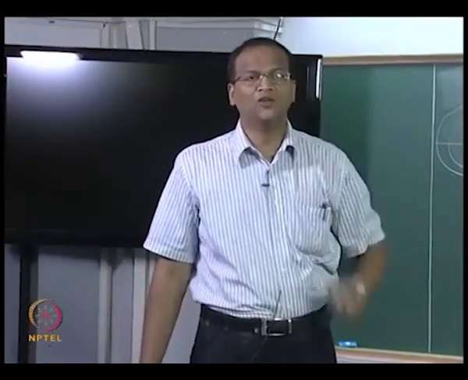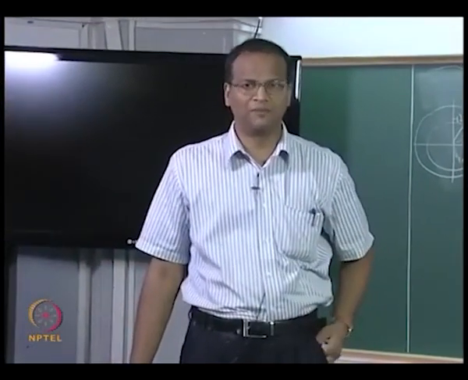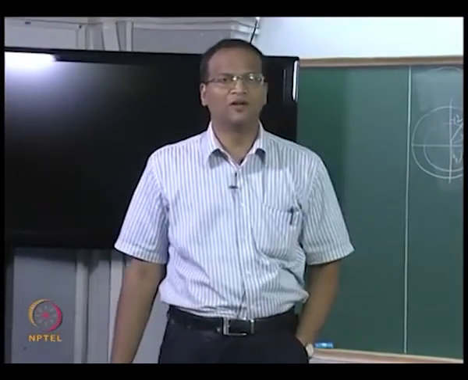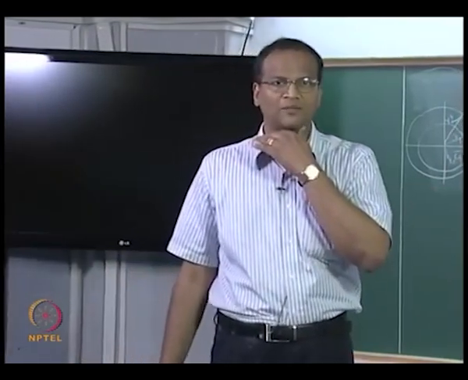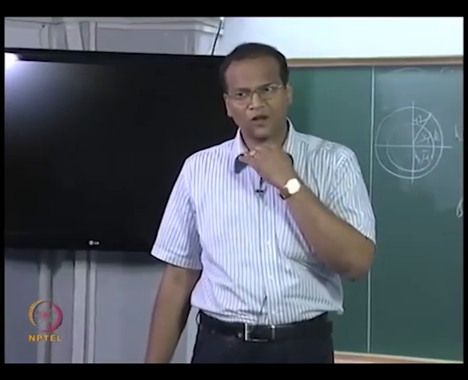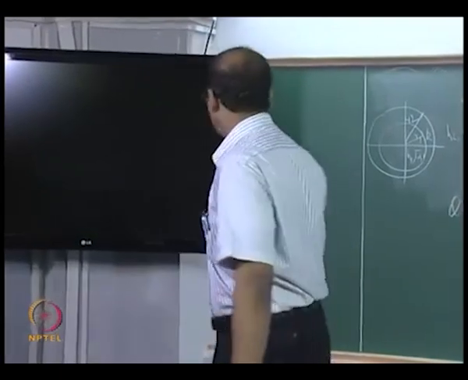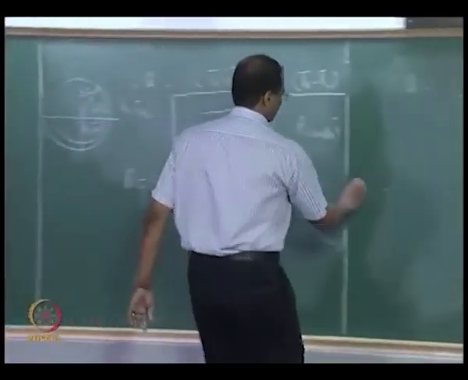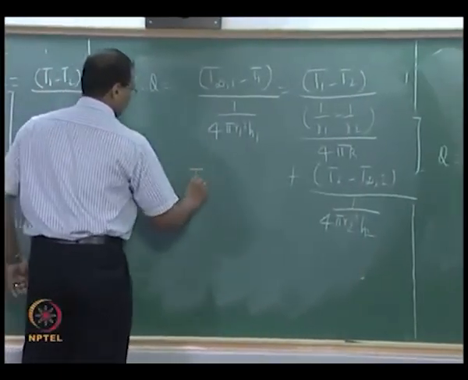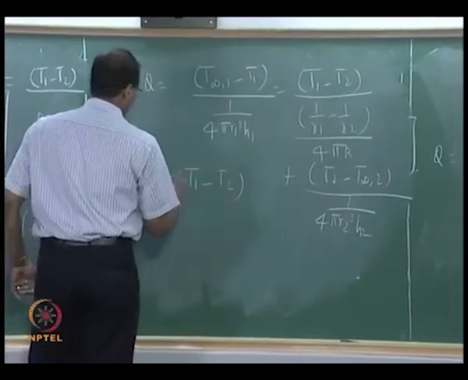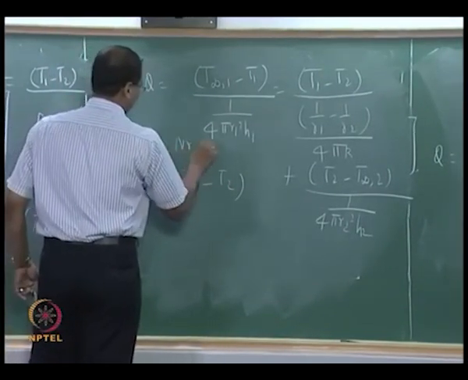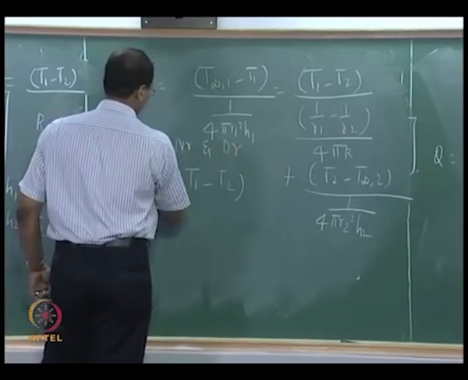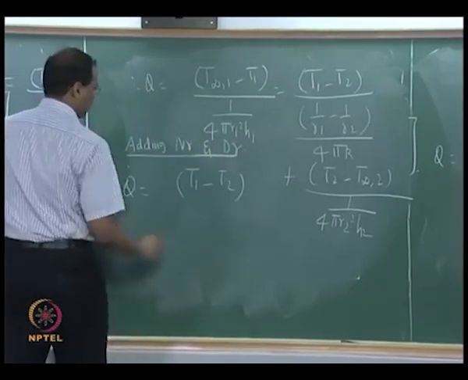So you can add the numerator separately and the denominator separately, and using the dividendo componendo rule, if you add the numerator separately, denominator separately, the resultant expression will also be equal to q. Okay, therefore adding numerator and denominator,